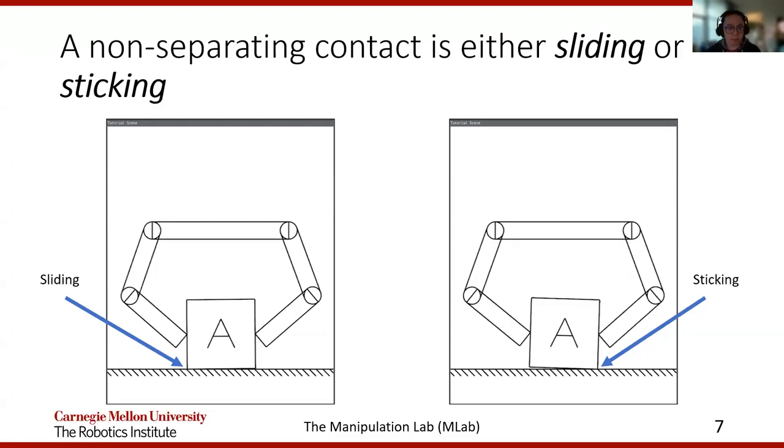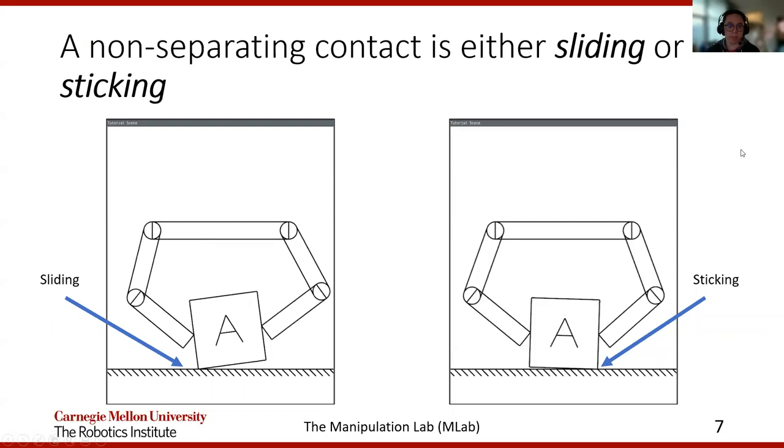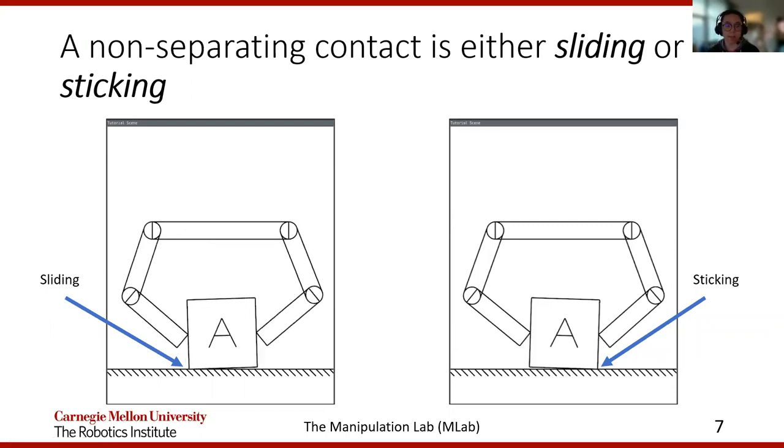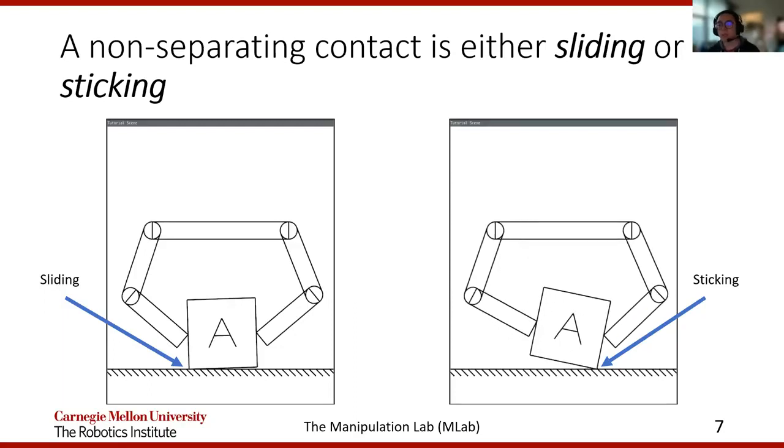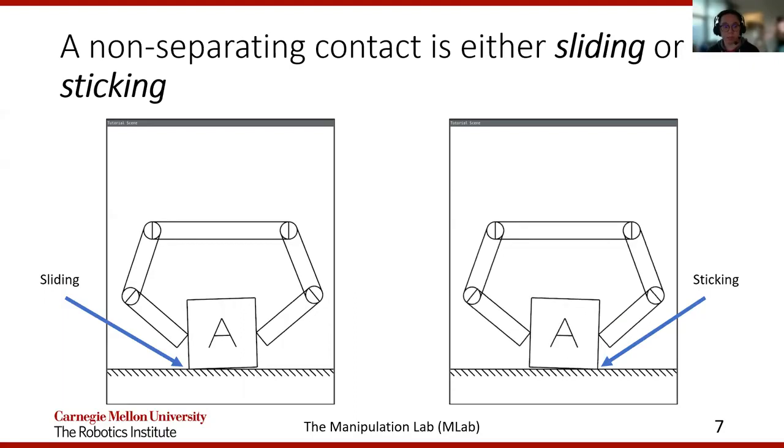For a non-separating contact, that contact can be classified as either sticking or sliding. On the left, we have sliding. So the bottom left corner of this block is sliding across the ground as the robot manipulates it. On the right, we have sticking contact. So that bottom right corner is not moving